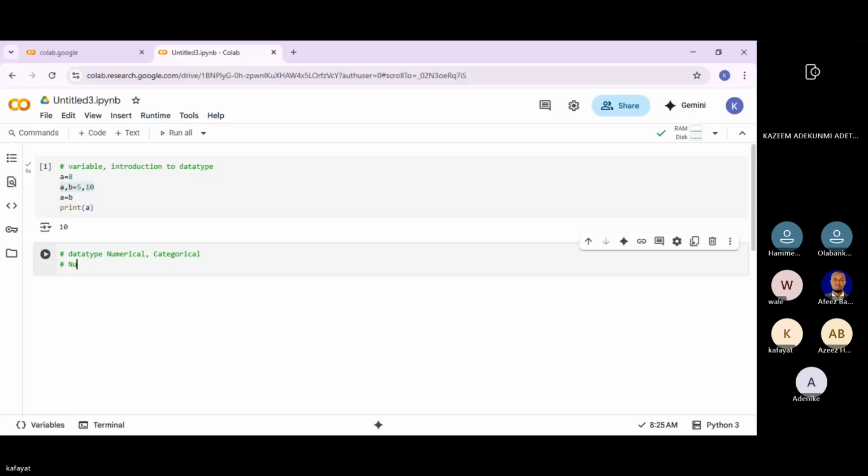Numerical data type is of two types, which are continuous and discrete.